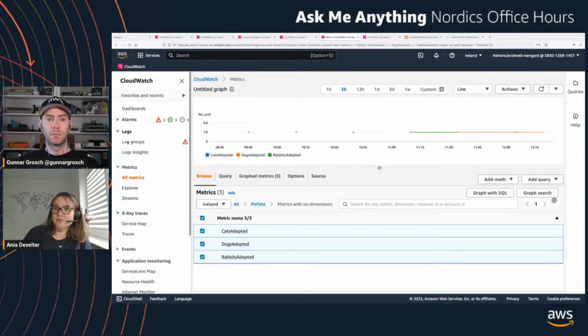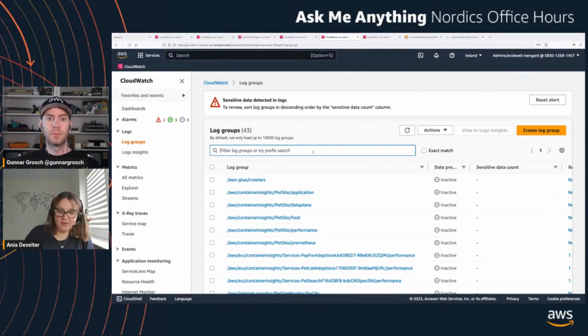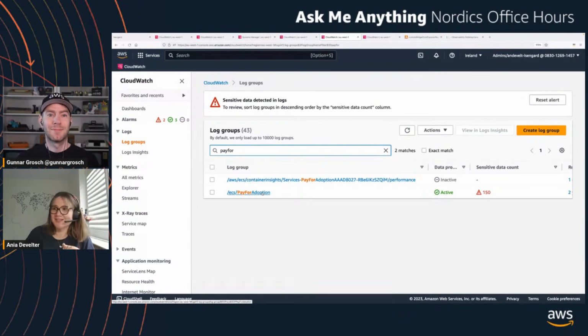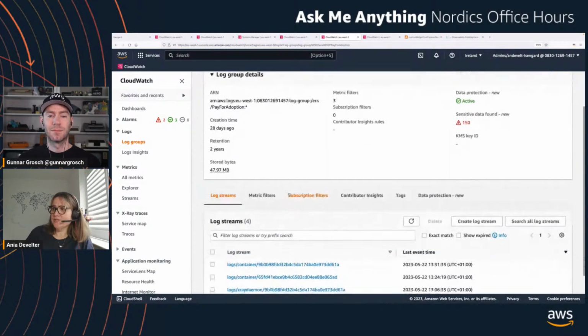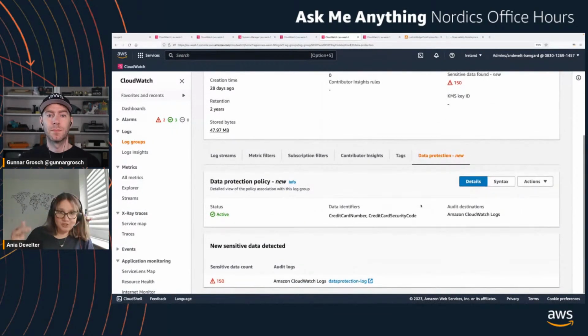If I head over to CloudWatch log groups, you might have spotted that I had an alert saying there's sensitive data count in the columns. If I go to pay for adoption, of course, I'm not being irresponsible with my donations. This is all fictitious. But you can see there's 150 counts of sensitive data because I have added this data protection feature. As the logs are ingested, I am checking and detecting credit card numbers and credit card security codes. When that's detected, that's exposed as a metric,